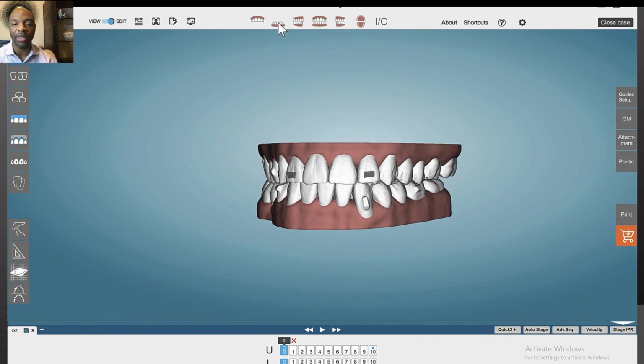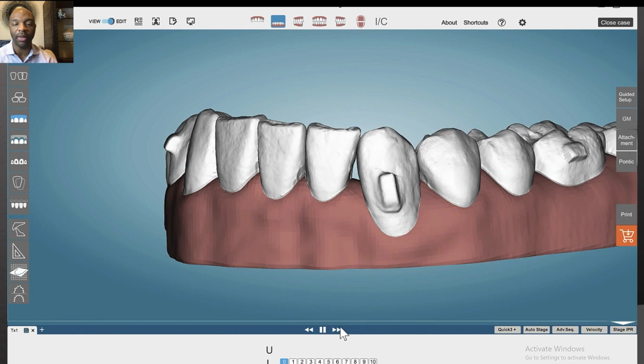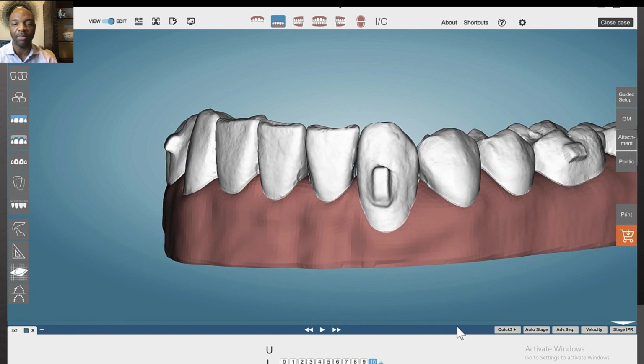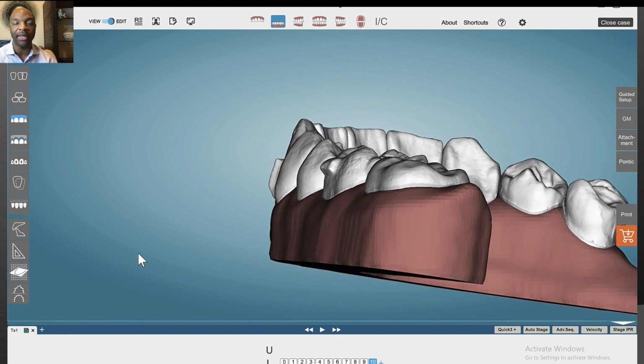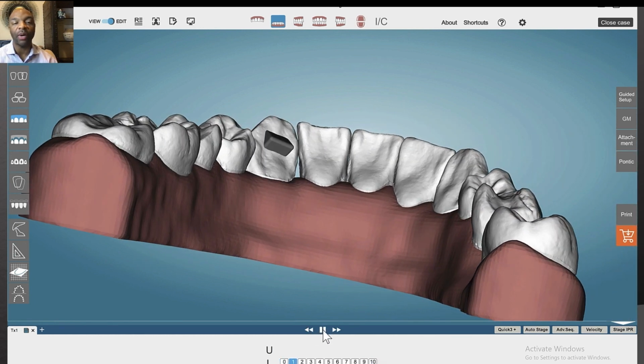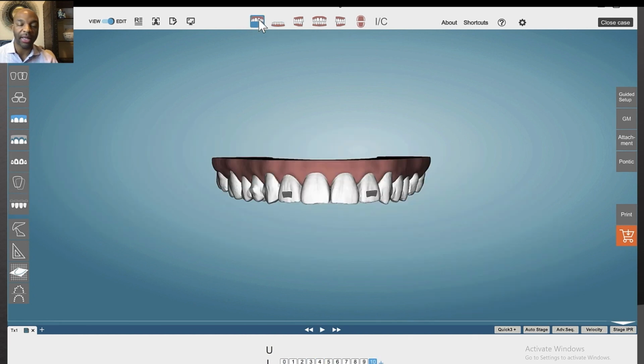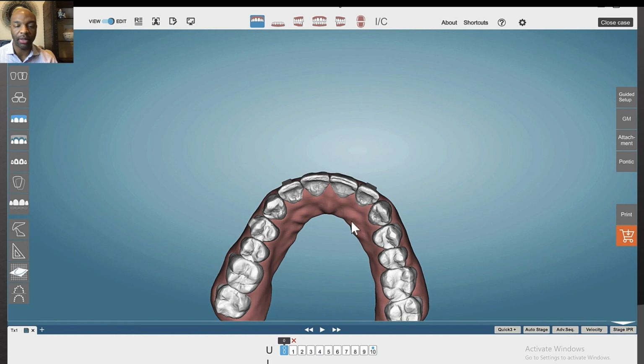So I took off that upper attachment and just left the vertical one to help with the movement. And again, I did a lot of the movement and then I extruded it again, the importance of the stage treatment. But I also added an attachment to the lingual. And again, for me, and I'll just go back real quick here,